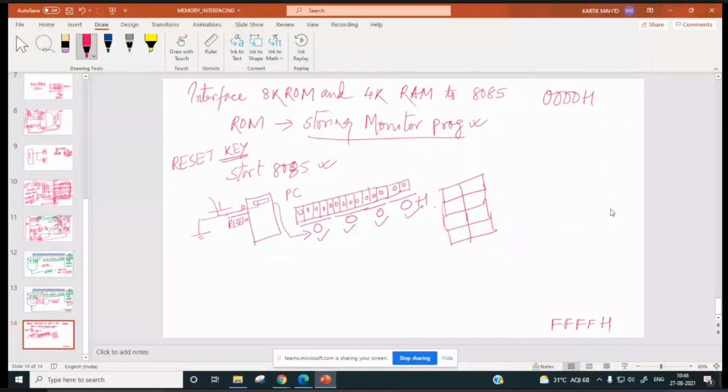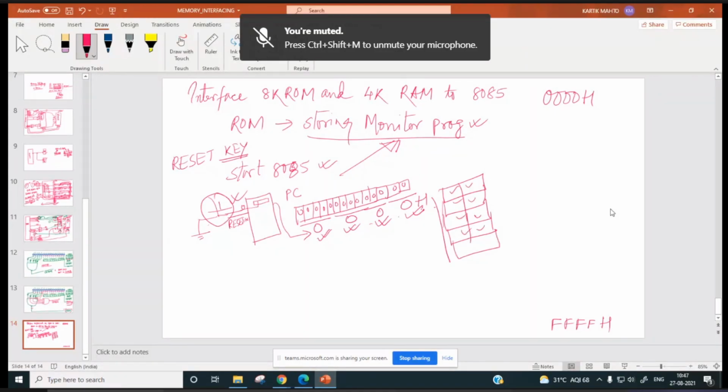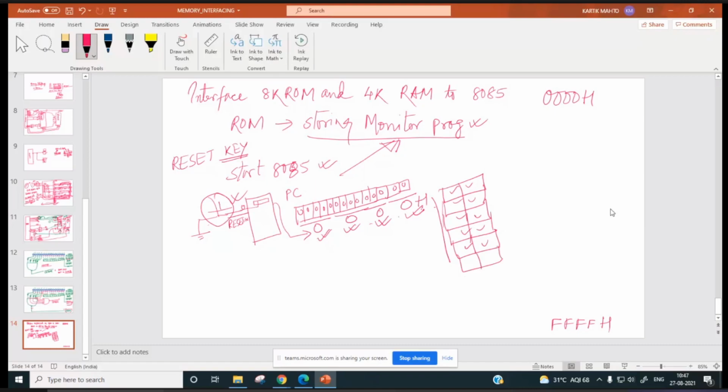During reset, monitor program has to run. Hello? Yes, sir. During reset, monitor program has to run. And during reset, program counter becomes 0000. So 0000H onwards, monitor program should be there. Is it not? Because program counter holds the address of the instruction which has to be executed by the processor.